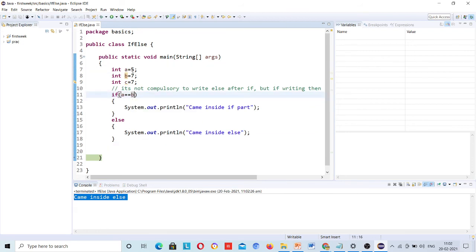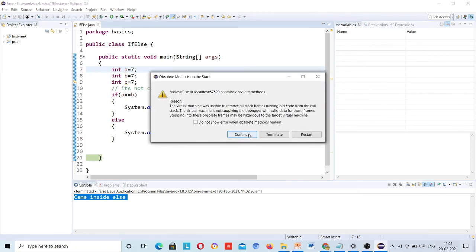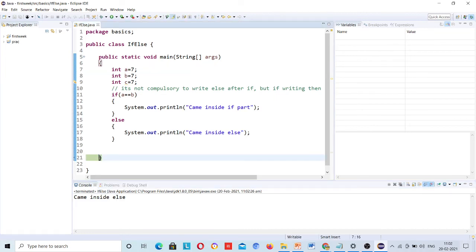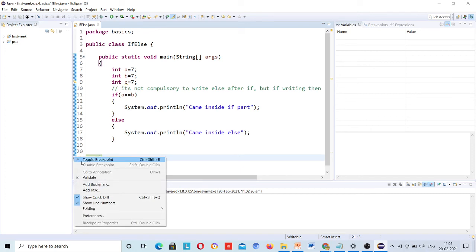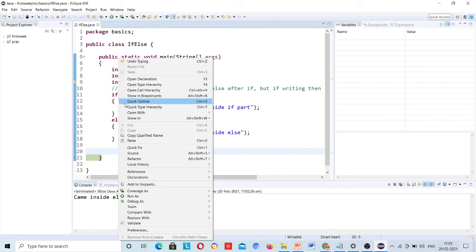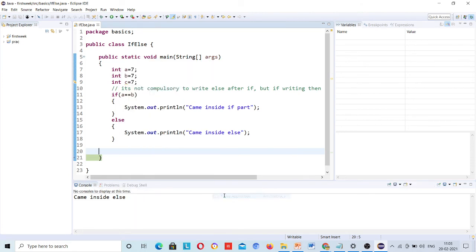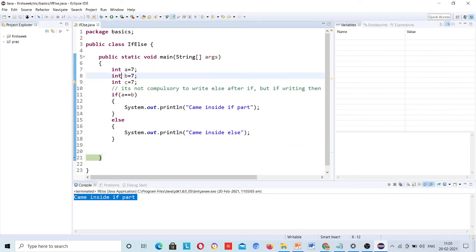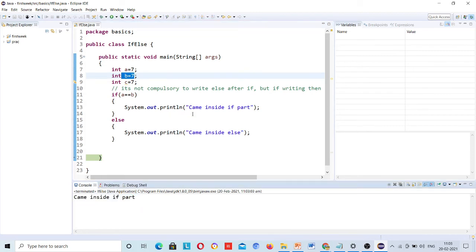If I match this, I give 7 here and run this, run as Java application, it came inside the if part, because this time the values are equal. a is 7, b is 7, so it came inside the if part.